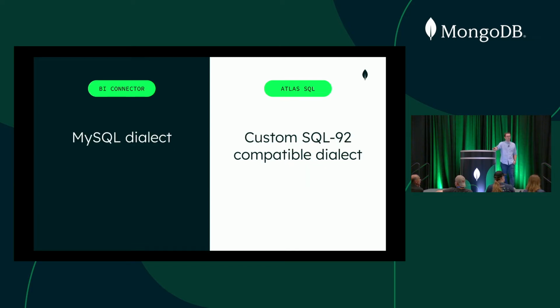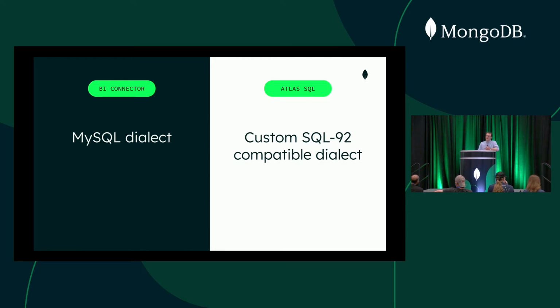Another important difference is the SQL dialect that you're actually going to use when you're writing queries against each of these products. Both dialects share a common base of functionality, which is the functionality required by the SQL 92 specification. But the ways in which they diverge from the SQL 92 specification are important. Atlas SQL, when it diverges from SQL 92, tries to do so in a way that stays as close as possible to the semantics of the underlying MongoDB aggregation primitives that we are eventually going to compile your SQL query